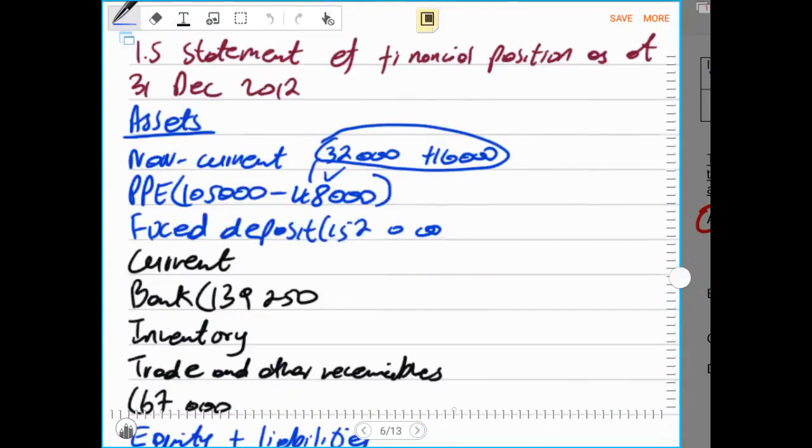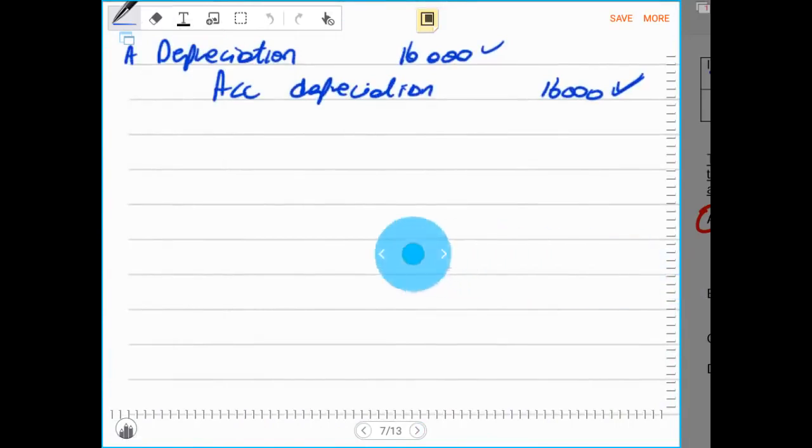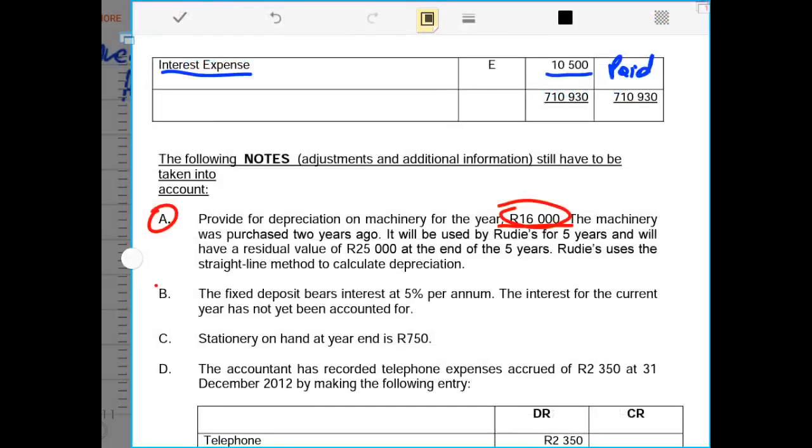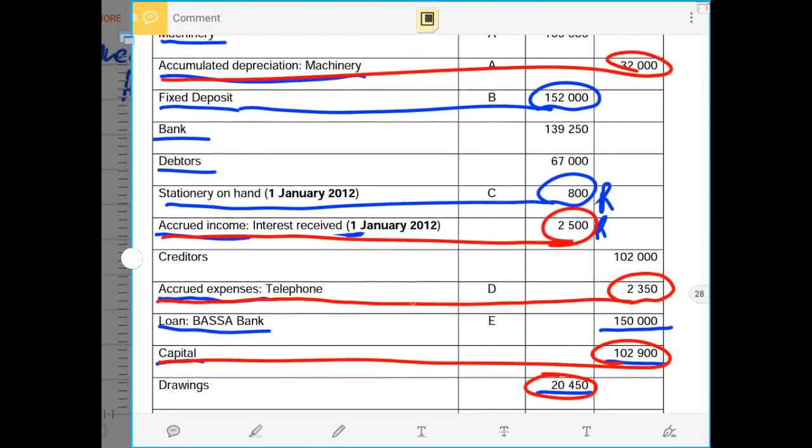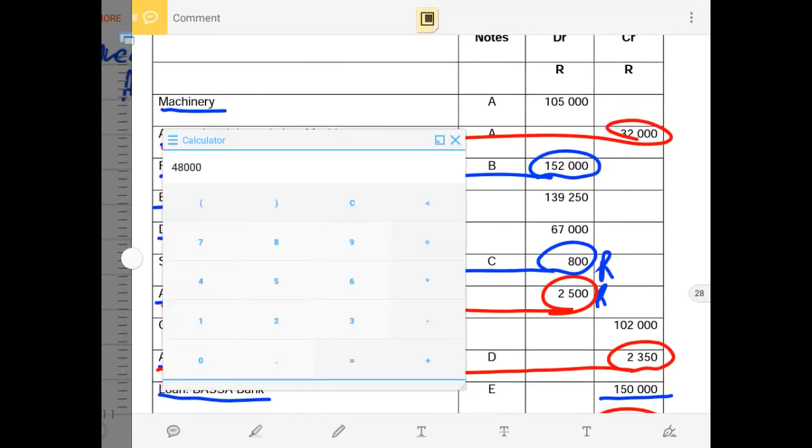Then now we have to do the second journal entry, and the second journal entry is number B. And number B says that the fixed deposit bears interest at 5% per annum, and the interest on the current year has not yet been accounted for. So now it means the full interest was not yet accounted for. So now we have to account for that interest on the fixed deposit. So now we go and we check the amount of the fixed deposit that bears interest at 5%. So now if that is the case, it means our fixed deposit of 152,000 rands will be